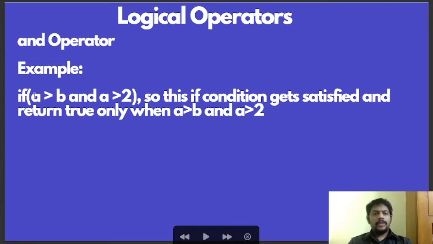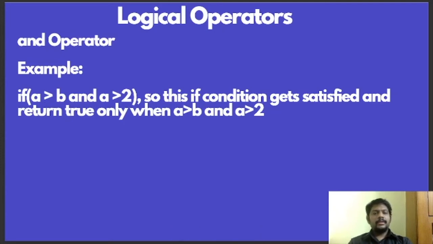You can use AND in an if condition, and this condition gets satisfied when both the expressions get satisfied. Then only this will return true. This needs to hold true and this needs to hold true. Then only this if condition is said to be satisfied. That is in the case of the AND logical operator.